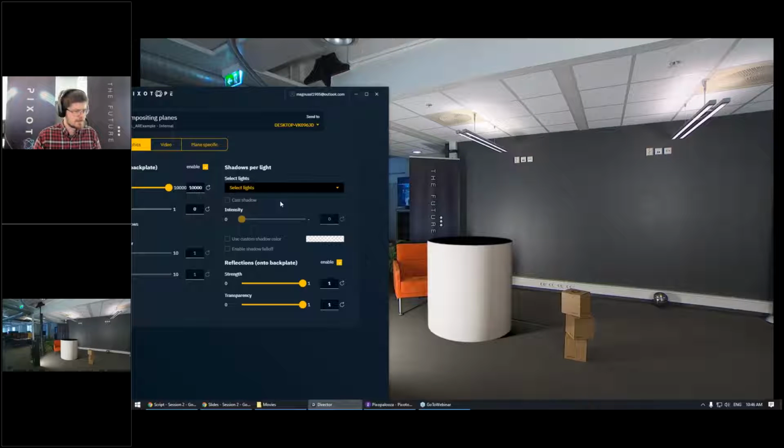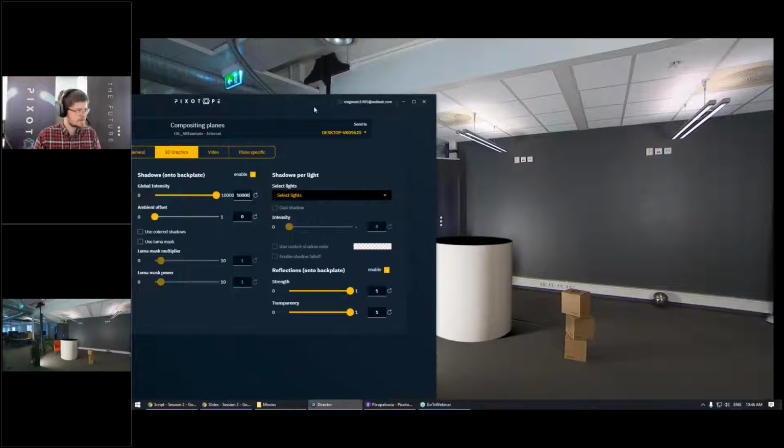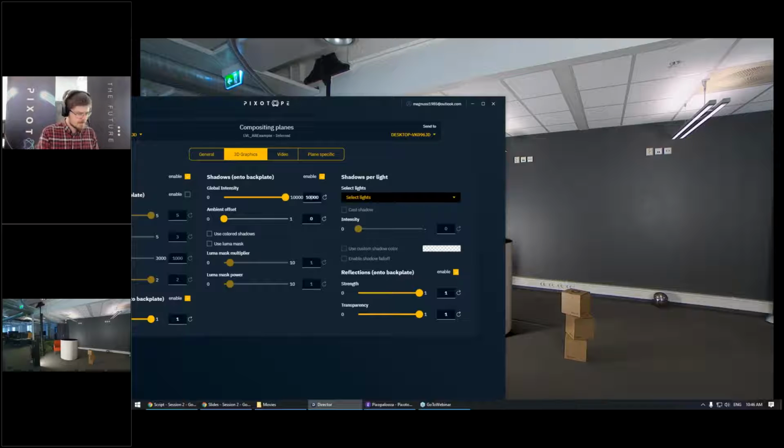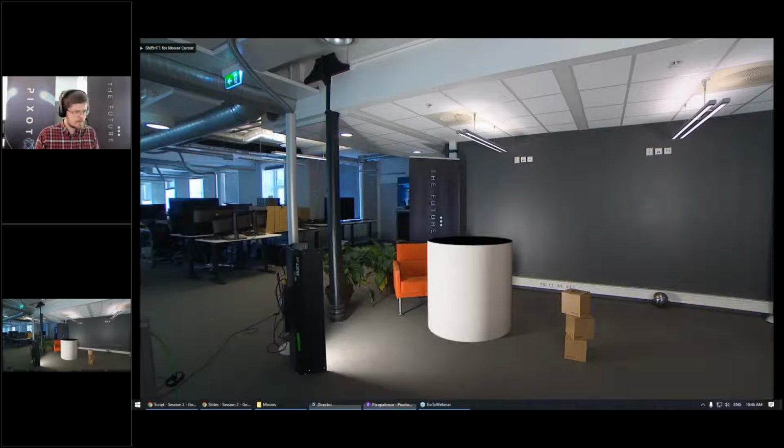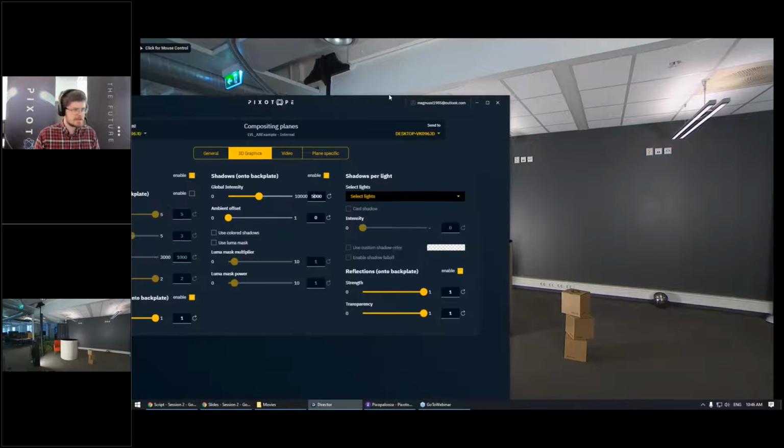I can then go ahead and fine tune my respective light sources if I so choose. But I think I'm going to be happy just fine tuning this for now. There we go. And I think I'm pretty happy with that. I'm also going to go ahead and move the cylinder around a bit just to see how the shadows look